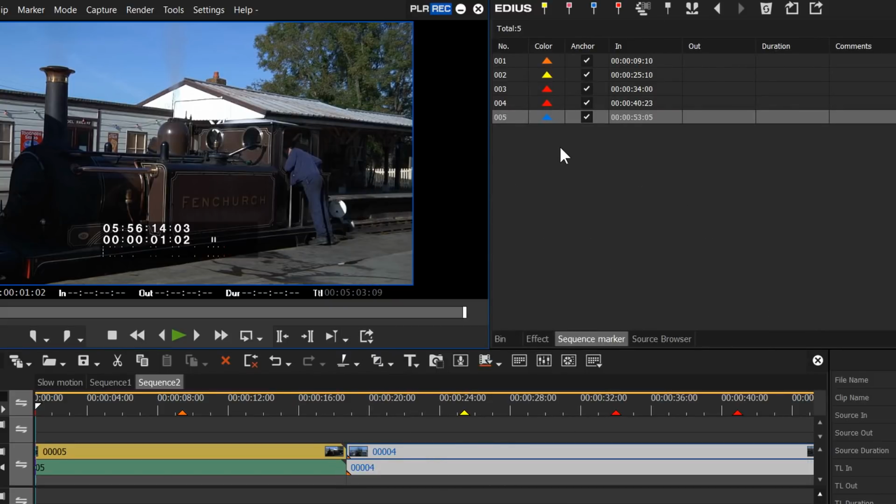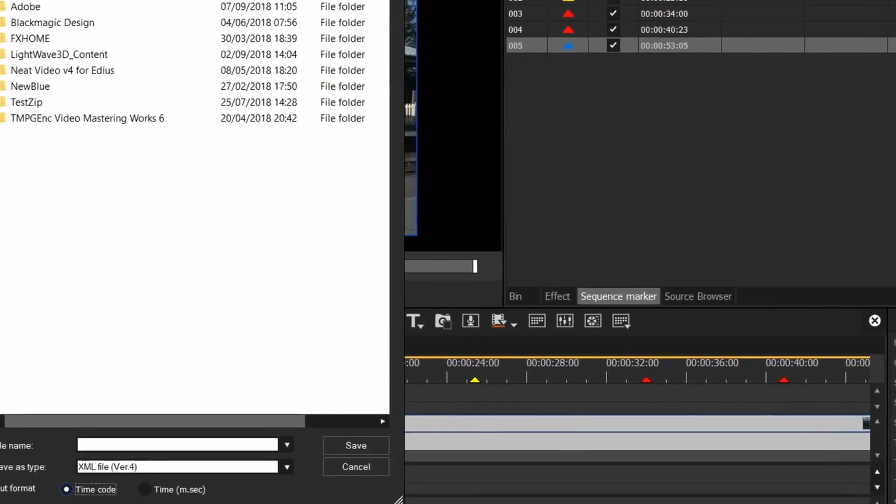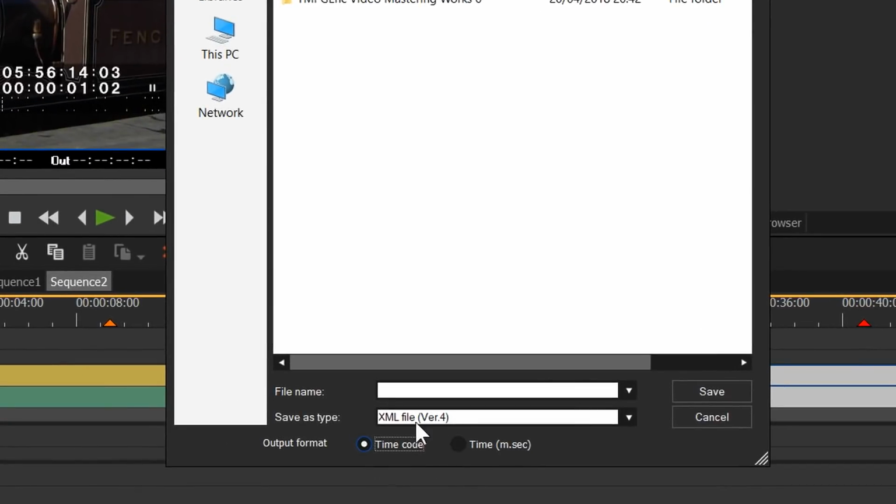Now, because we've got coloured markers, we have to have different ways of treating them if you're exporting or importing them, and also if you're making DVDs. So, for example, you can export all your markers to go off to somewhere else. Now, if I click on the Export button, we've got a new export option here, which is to export it